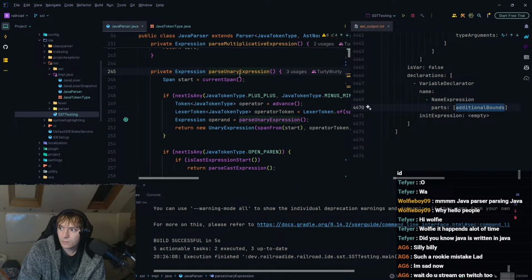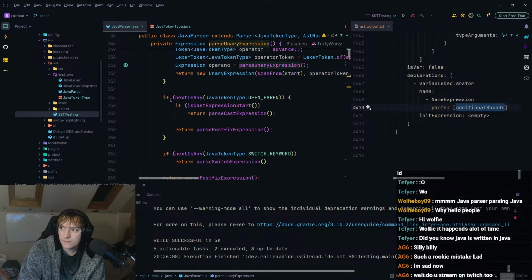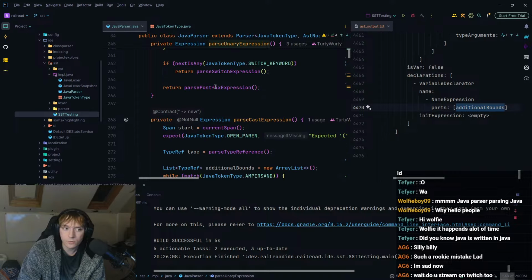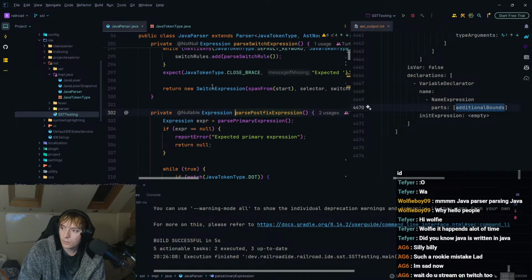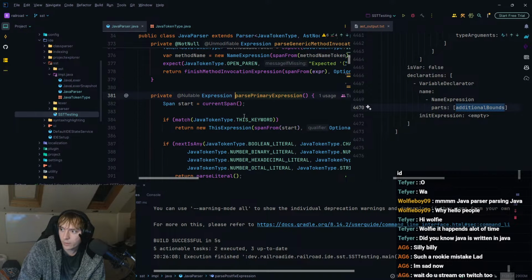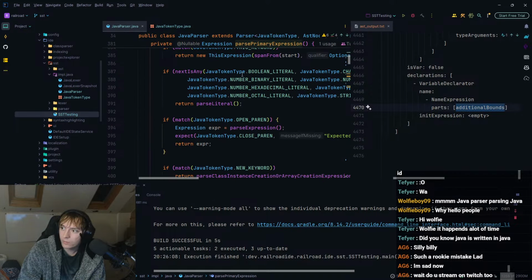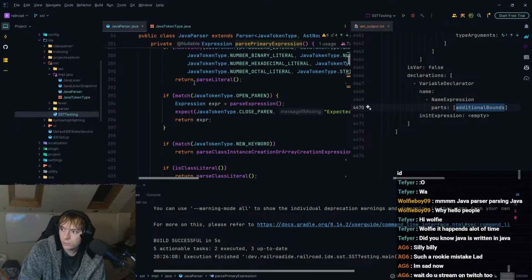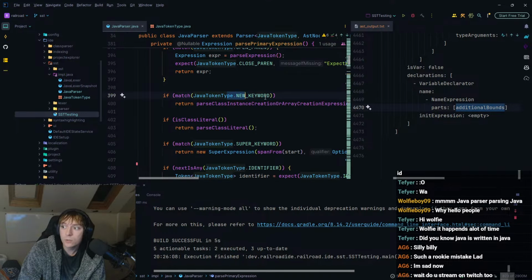Plus, yeah, it's not going to be any of these. If next is any plus, no. If next is any open parenthesis, no. So then we go postfix. And then it should pass primary. If it matches this, no. If it matches any literal, no. If it matches open parenthesis, no. If it matches a new keyword, it should come into here.